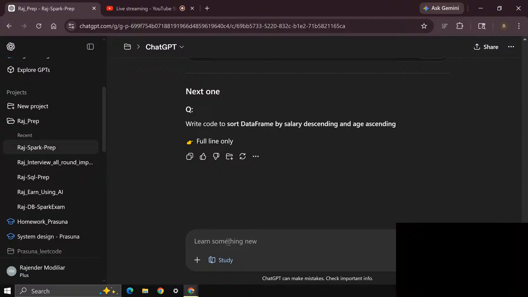Wait, if that is the case, write code to sort data frame by salary. Df dot sort, comma column, salary.